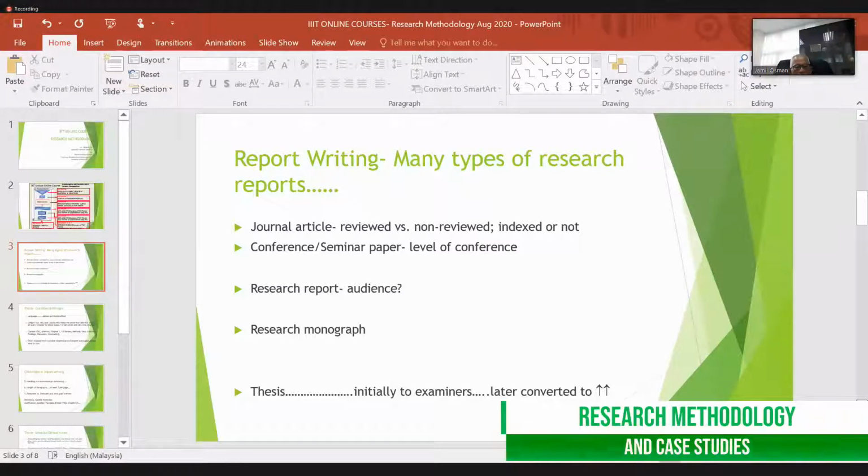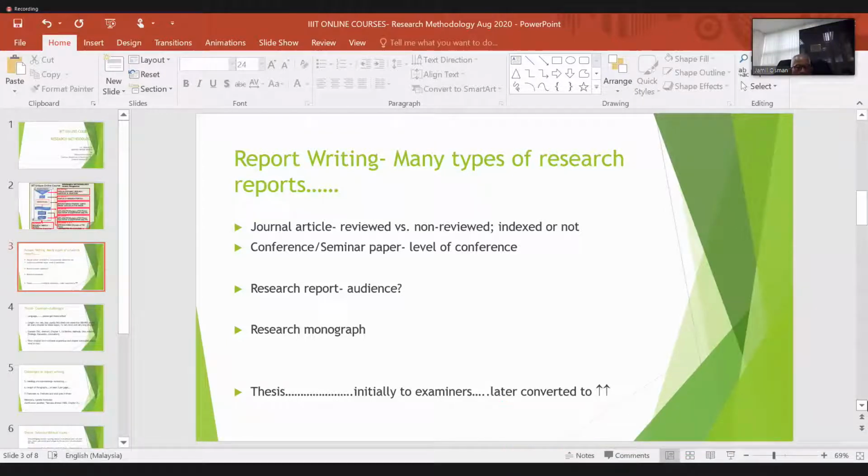So it's really a very wide scope of journals, and based on your university, they have set certain standards. In IIUM, we don't require, as far as I know, that journals must be in Scopus, but the journal must be a well-established journal. It must be a reviewed journal. There must be a review process that is followed, not just you send to any journal, you pay some money and they publish your article. So this is very important. Even conferences and seminars, there are different levels of conferences.